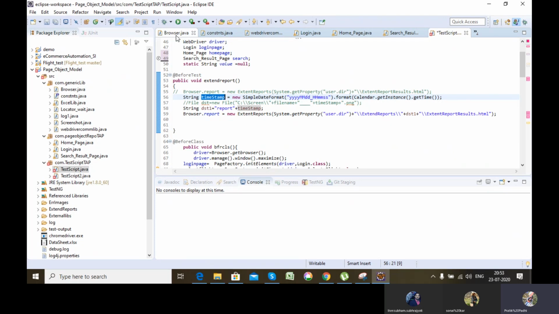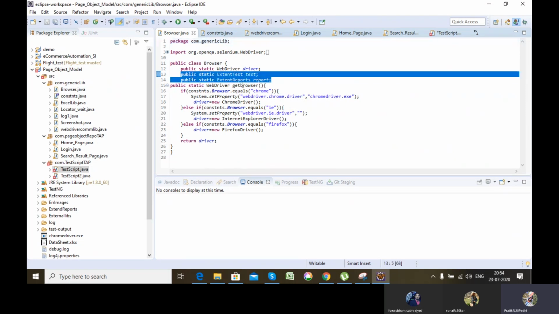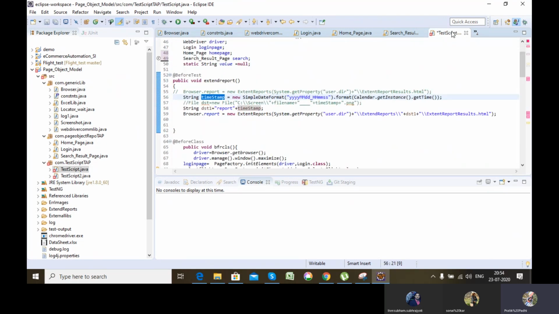But here I will create an extent report, which is a new type of report we'll be learning. For that I have created two variables: one is extent test and the other is extent report. In the test script, I have just instantiated that report, browser.report, which comes from this report as it is static.